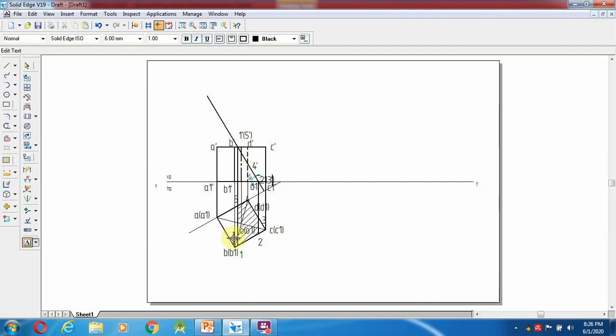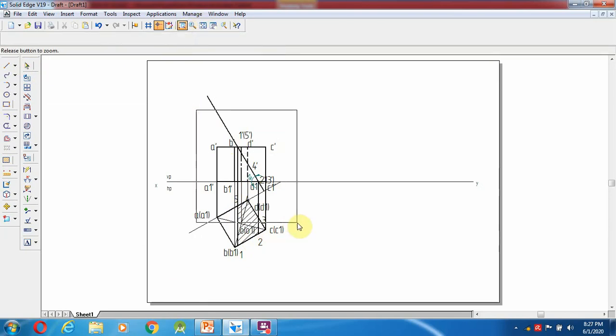Even here also 5 is hidden by the first point, so that it comes in the bracket, but here 4, there is nothing there, so that 4 dash line we can see over there. Okay, so after drawing this, we are going to project, so projecting these things we are going to make it as a straight line.